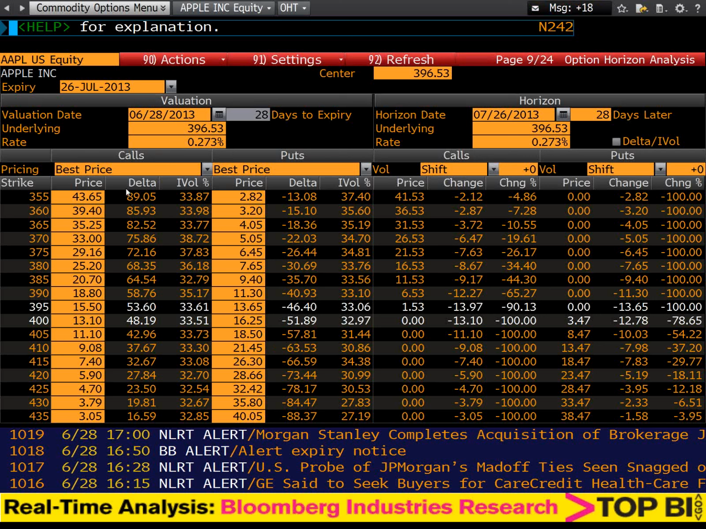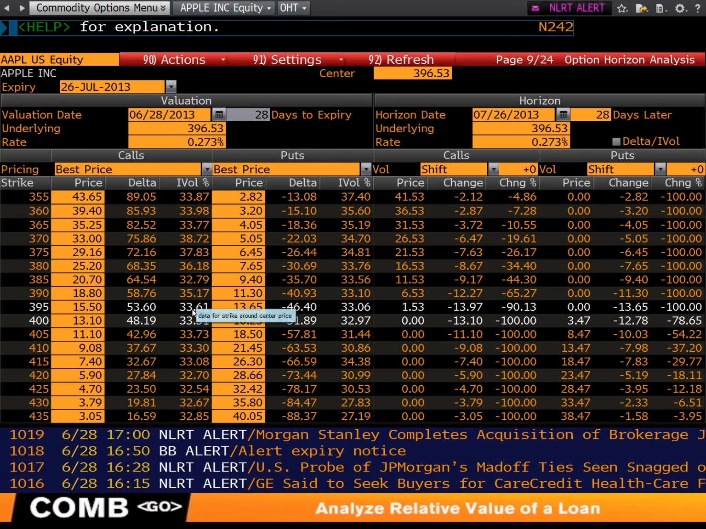Okay, so we've got our Apple chart up here, and we will use the 395, which is the at the money. You can see it's in white. And this is where the options are trading right now. And we need to understand and see how we get to the price of $15.50 for the 395 calls. Okay? The 15.50 at 395 have a